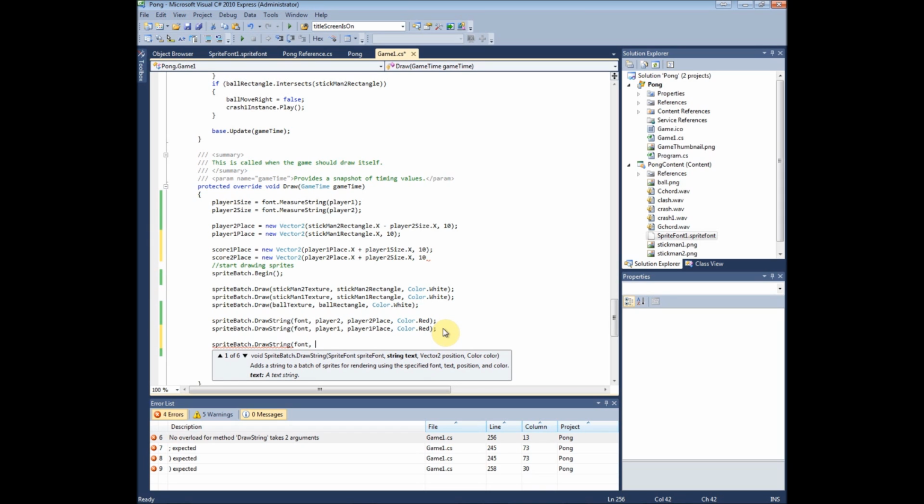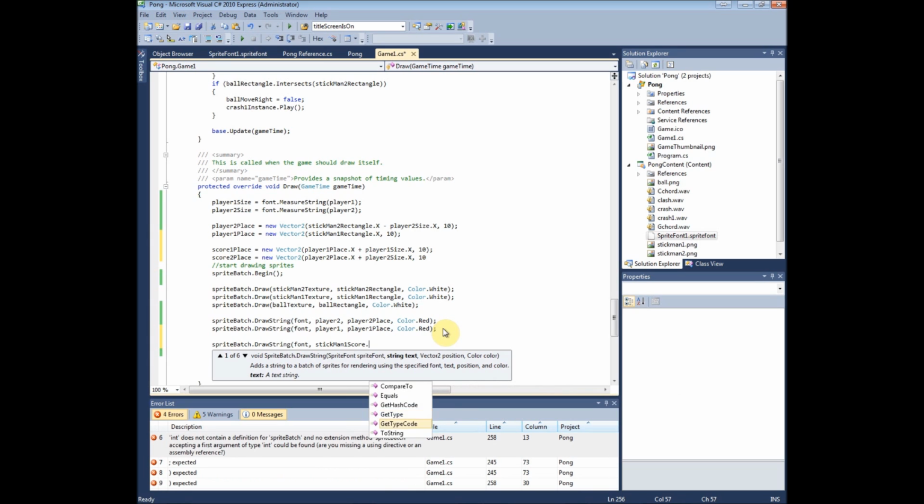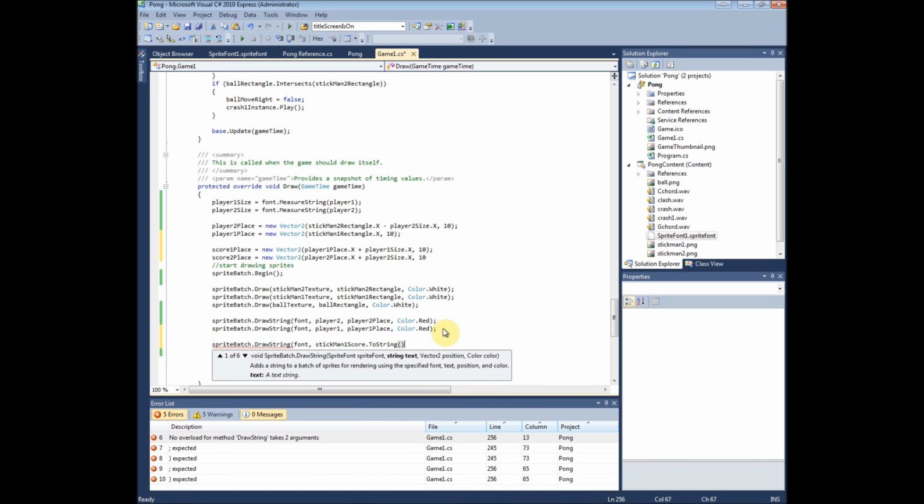So we can do stickman one score dot ToString. So just type in ToString, and then you put open close parentheses, and then just close it off like standard. So score 1 place, and then